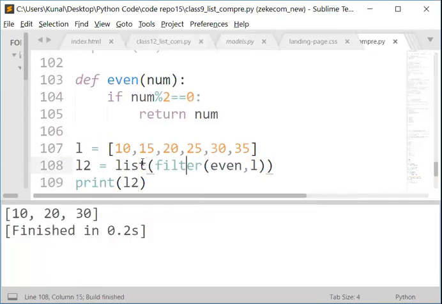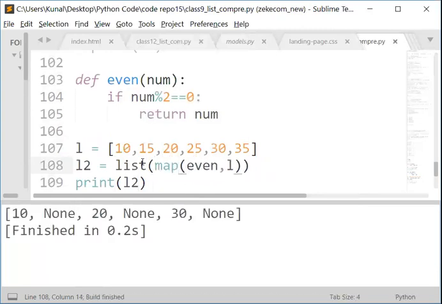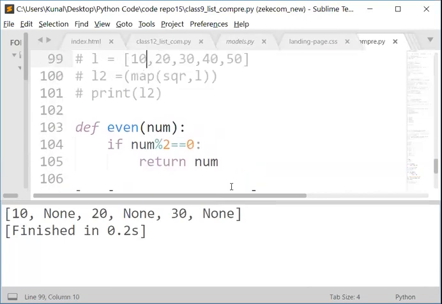If I use map instead, as I said, with map your output will always be the same length as what you are passing. Another thing I can do is